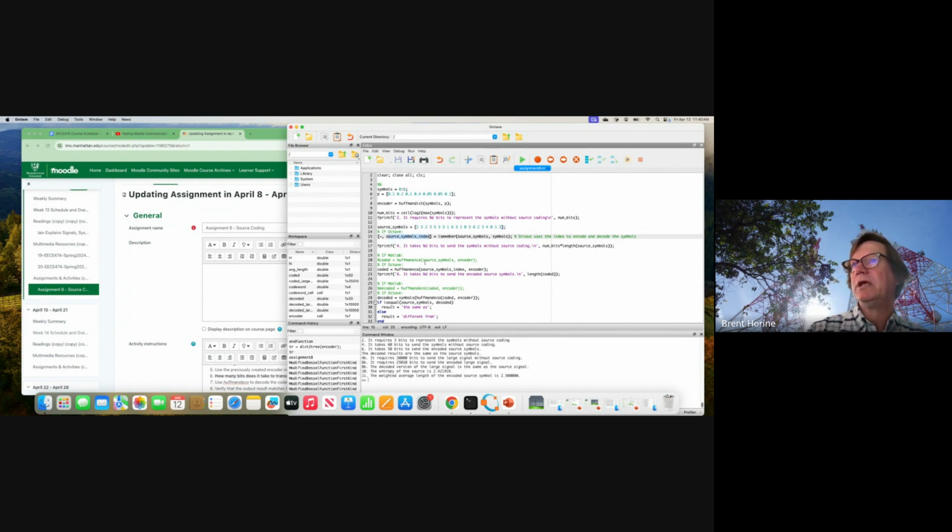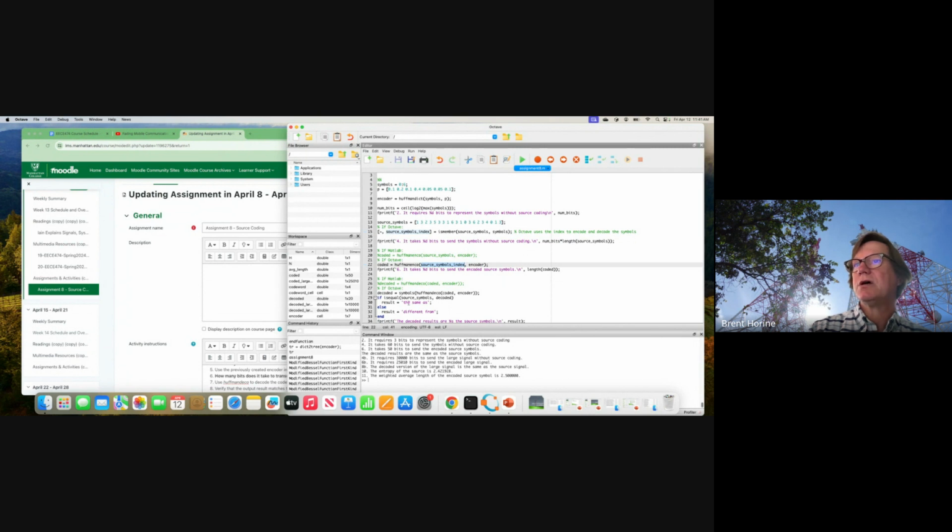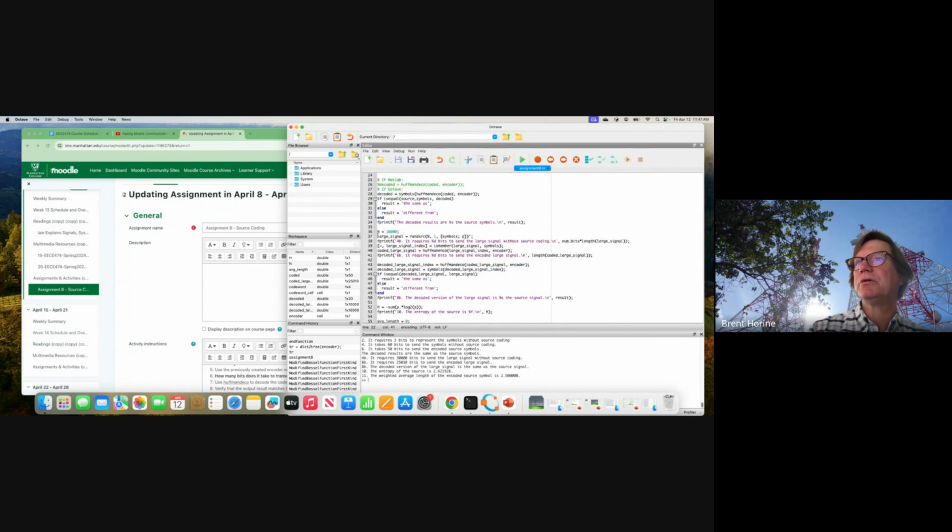And then when we encode it, we pass it that source index, and it's going to return back the codes. And then the other thing we'll do here is create this large signal, and here we'll use the function rand source, and we pass it n comma 1, so we want n, 10,000 by 1, right? So we want a vector of these, not a matrix. And then we pass it the symbols in one row, and these square brackets say make a matrix out of this. Symbols is the first row, and the semicolon separates to a new row,